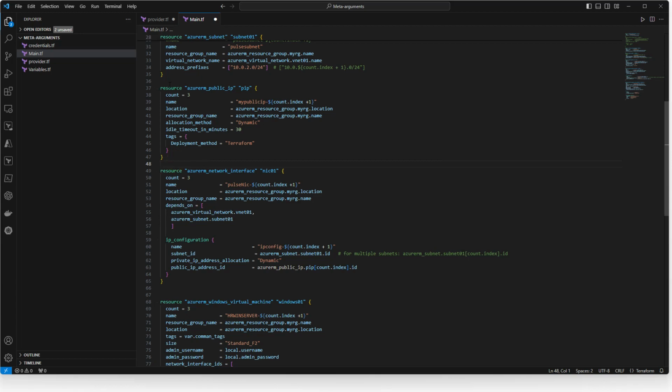Let's say you mention the first one is a public IP, then the NIC, and then you have a virtual machine like that. By default, Terraform will not do that. What Terraform will do is run whatever code you have defined here randomly. That is why, if you don't mention it here, there are chances to get an error because this particular